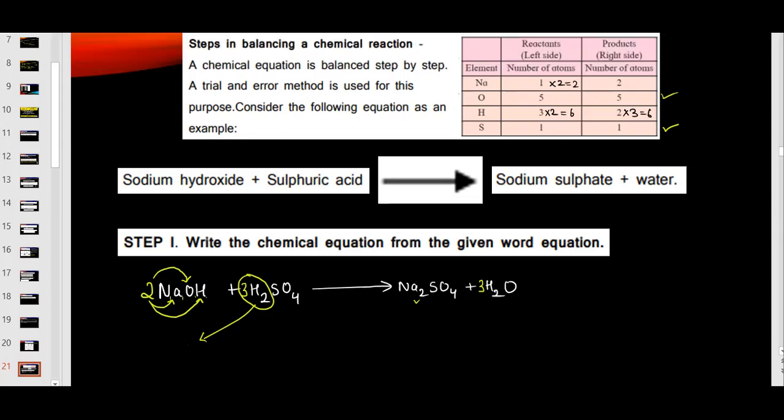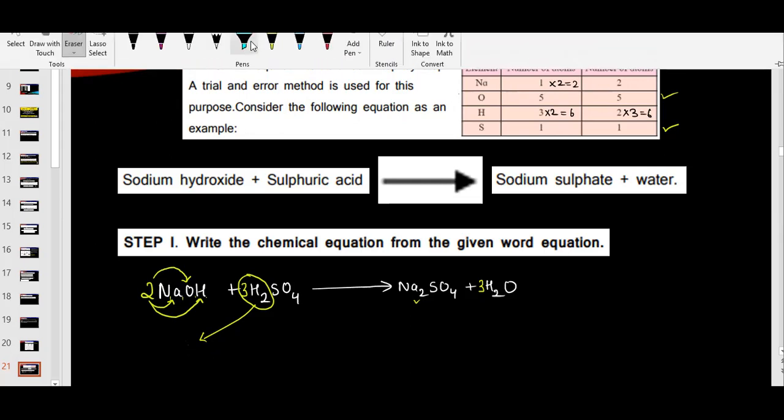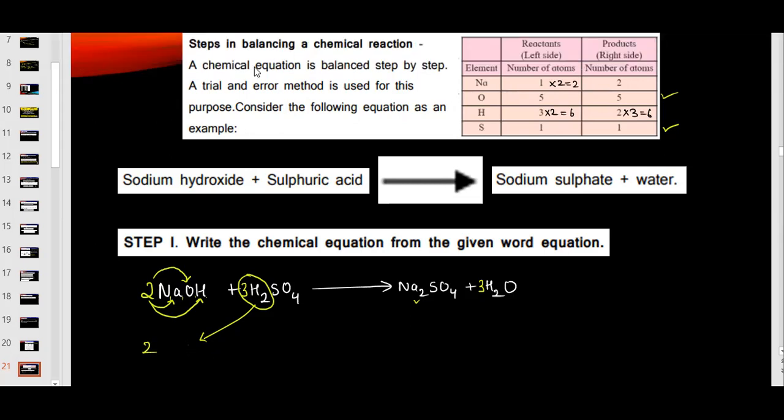So now if you calculate, if you check hydrogen, how many hydrogens are there? Here hydrogen is 2, and here hydrogen is 2 and this will become 3 times 2, 6. So this is 6 plus 2, 8. Let's check on the other side. Here you multiplied 3 with hydrogen. So 3 times 2 gives you 6. But you don't want 6, you want 8. So what will you do?